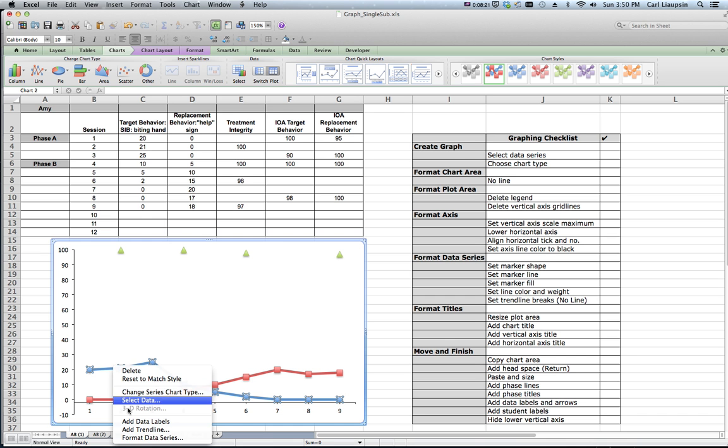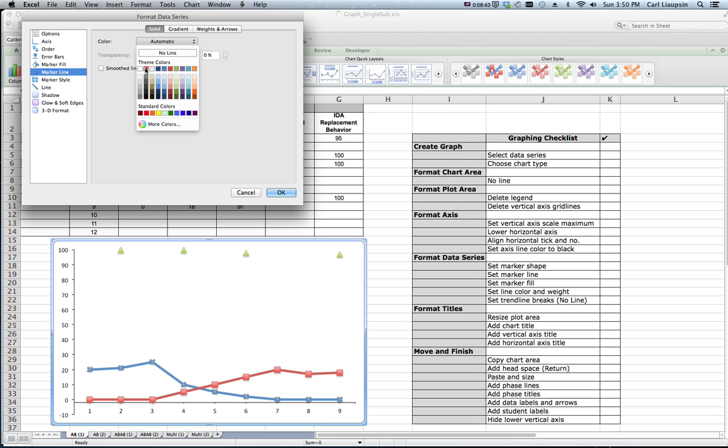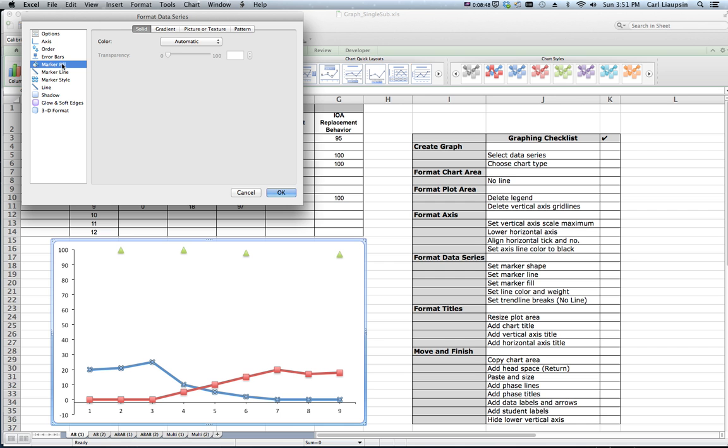right click and we're going to say we want to format that data series. First thing we're going to do is change the marker shape. We're going to make it a closed circle. So we want a circle, and we're going to make it a little smaller too. How about that? We are going to change the marker line. So this is the marker, the actual marker that is the circle around it. And we're going to change that to black, and we're going to change the fill, the center of it, to black. So now it's just a black